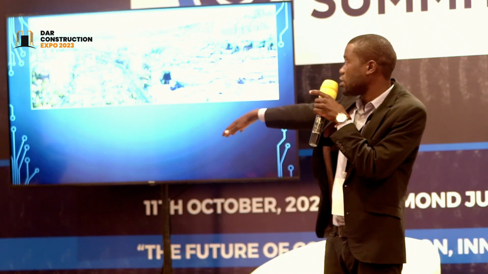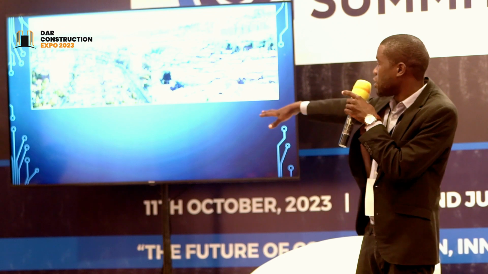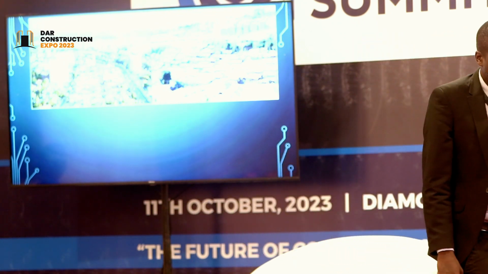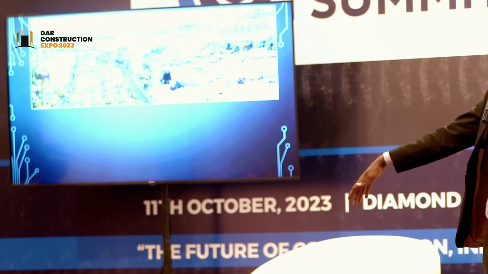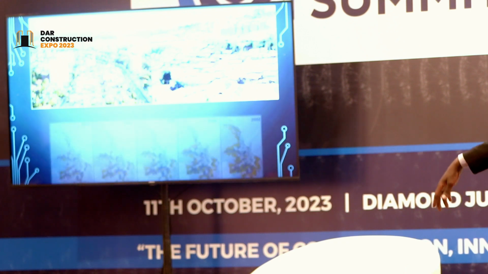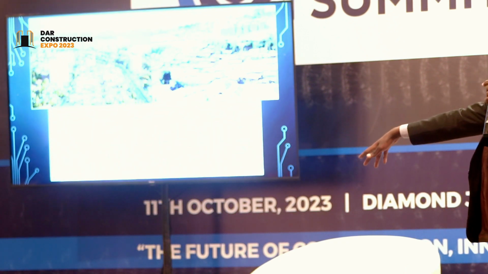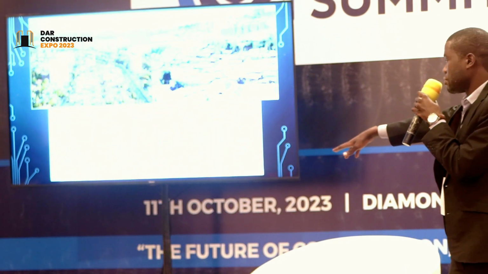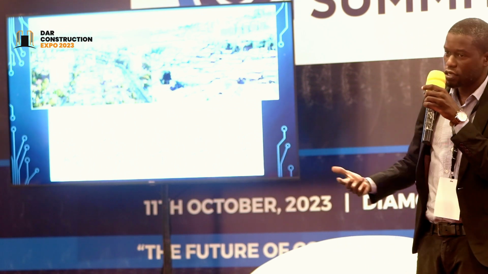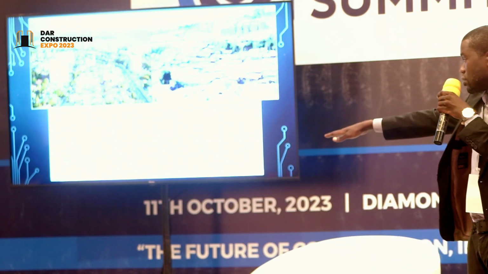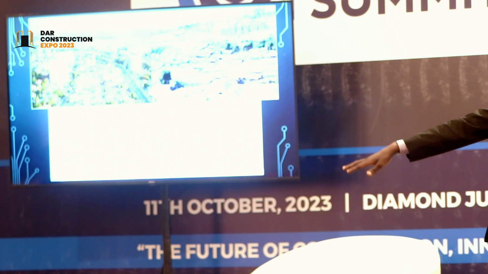So you can tell, this is Dar es Salaam. You can see on your left, this is Dar es Salaam, but also on your right, this is still Dar es Salaam. What does it mean? It has been estimated that the majority of people living in Dar es Salaam are still living in informal settings. You can see this is a map that someone modeled, and the yellow color highlights how the informal settlement is growing in Dar es Salaam, while the gray is the formal settlement.